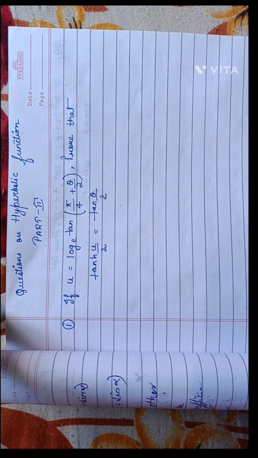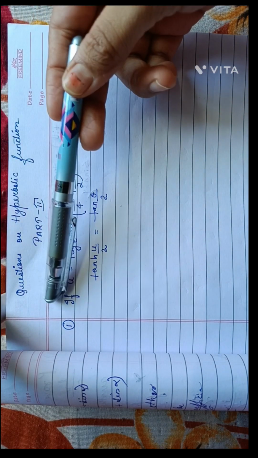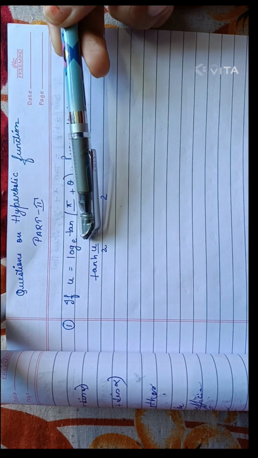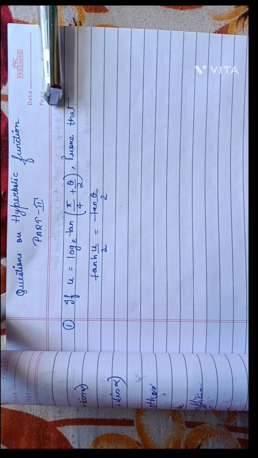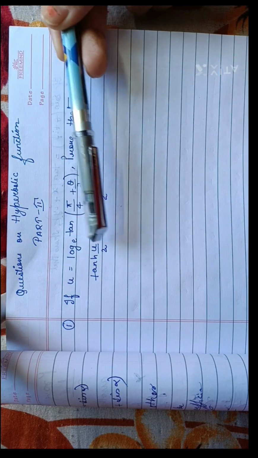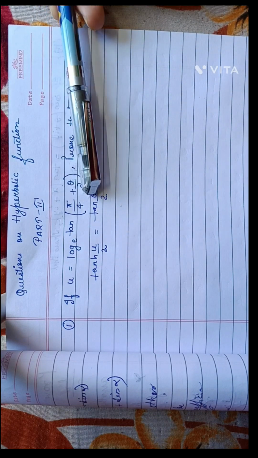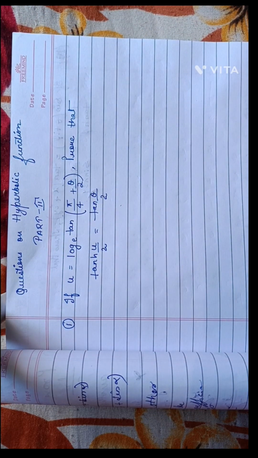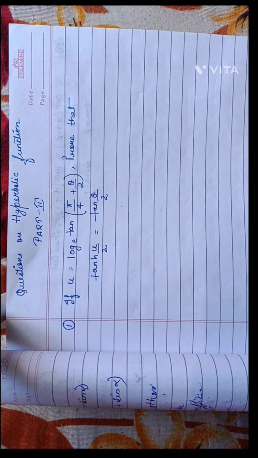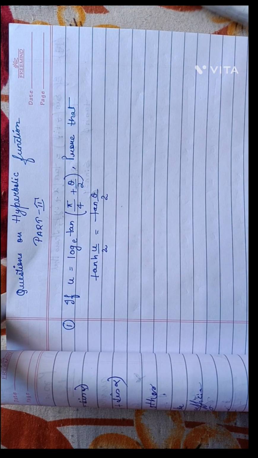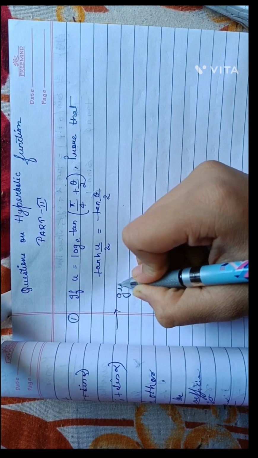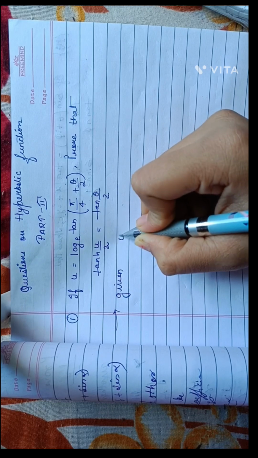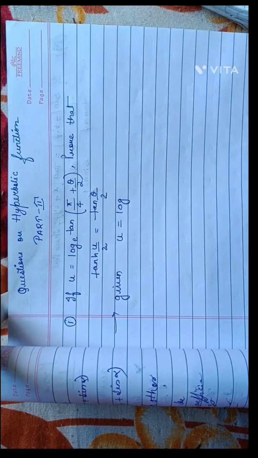Let's start with the first question: if u is log base e tan (pi by 4 plus theta by 2), then prove that tan hyperbolic u by 2 is equal to tan theta by 2. So what we are doing here is we are given a statement. First we're going to write the given statement. What is given here? u equal to log